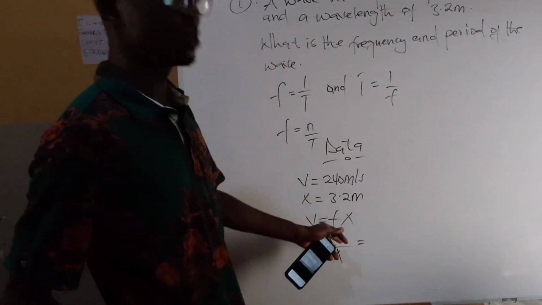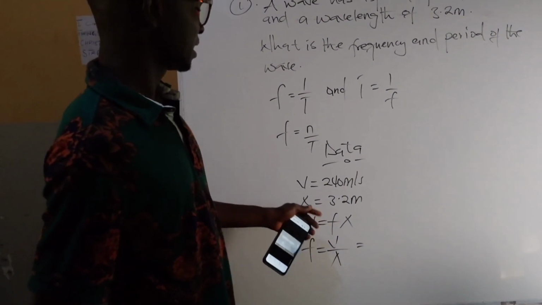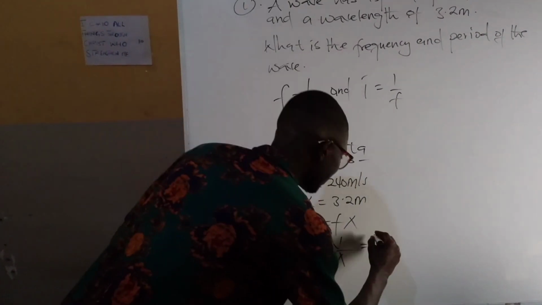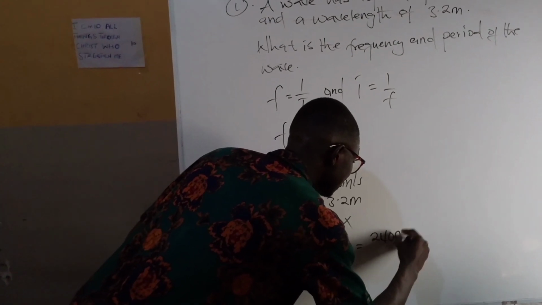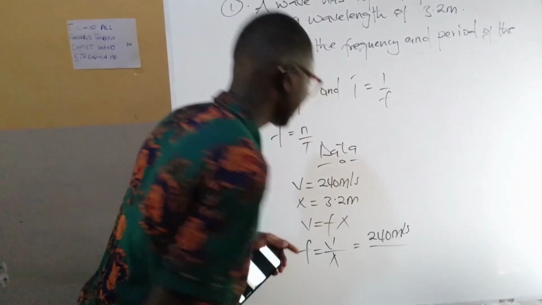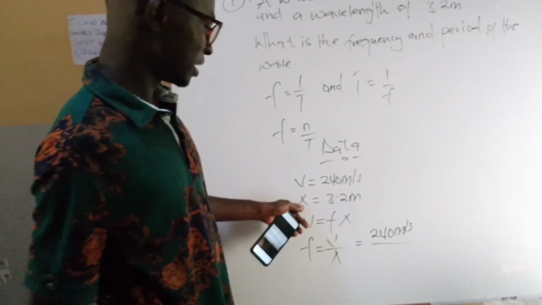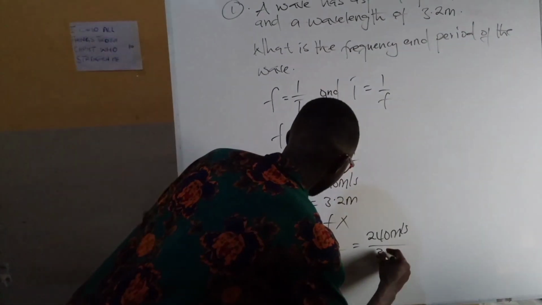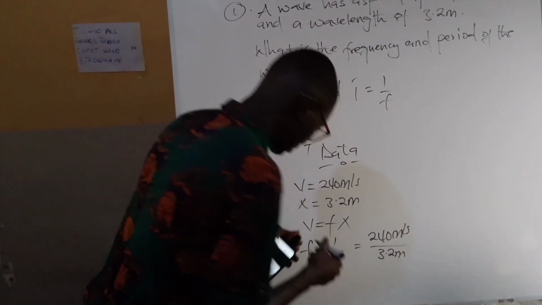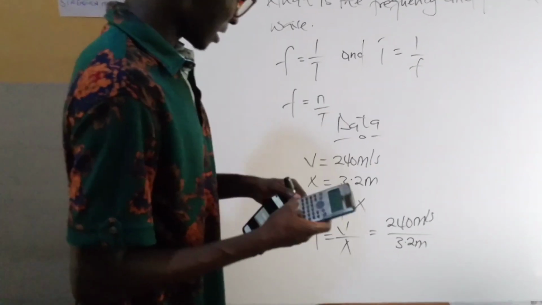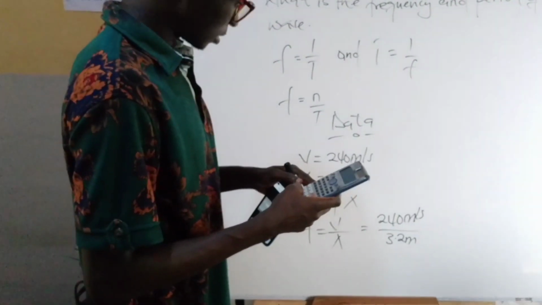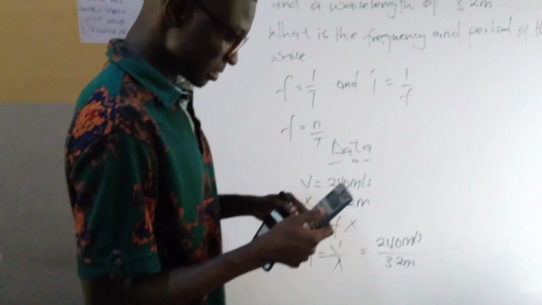Now, what is the value for velocity given in the question? The value for velocity is 240 meters per second, then dividing by the value for wavelength, which is what? 3.2 meters. Now, quickly dividing this, that will be 240